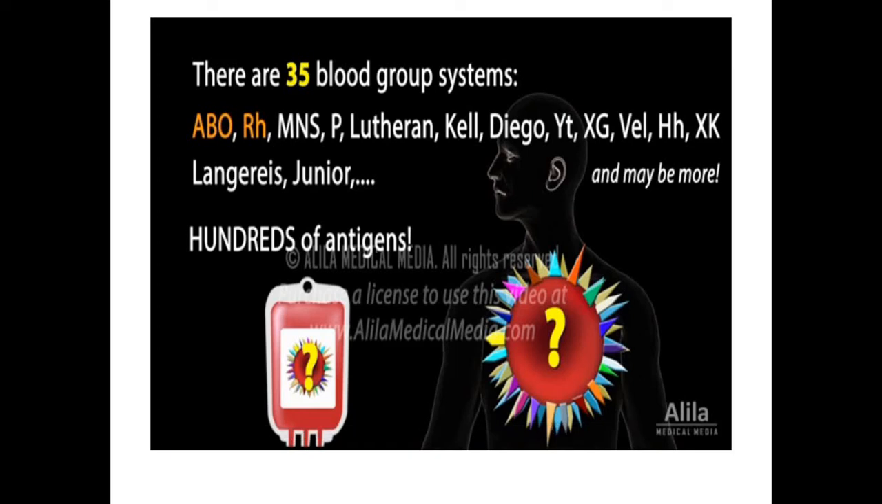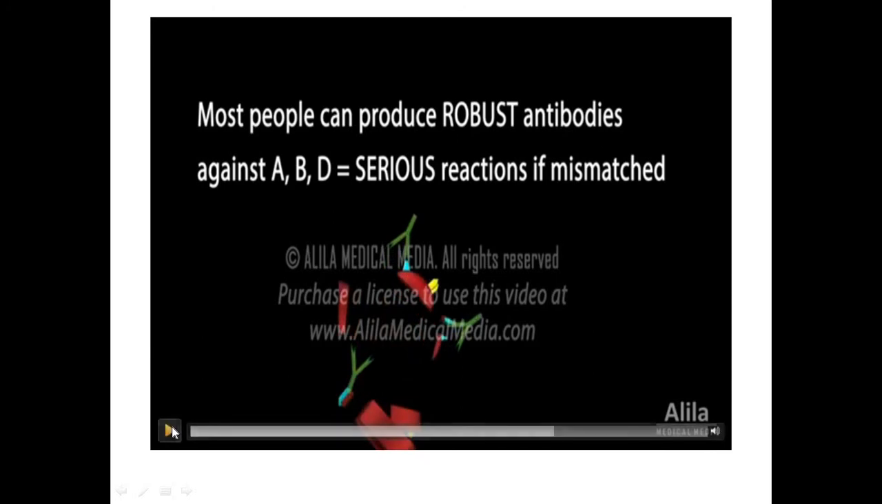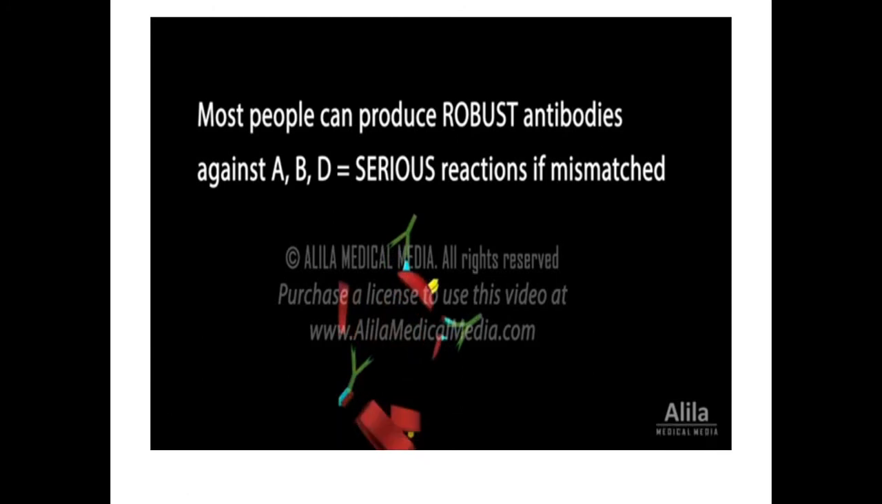In reality, however, most people only need to care about their ABO type and Rh factor. The ABO and Rh systems are the most important in blood transfusion for 2 reasons. First, most people can produce robust antibodies against A, B, and D antigens,